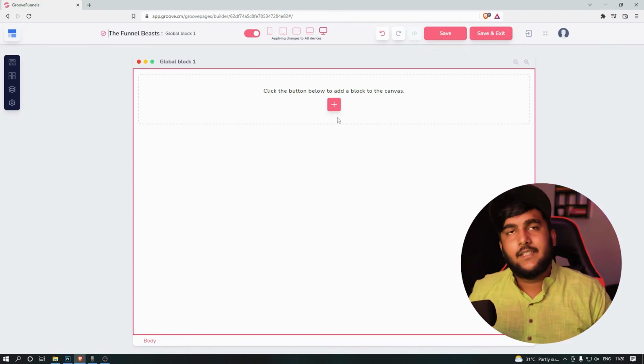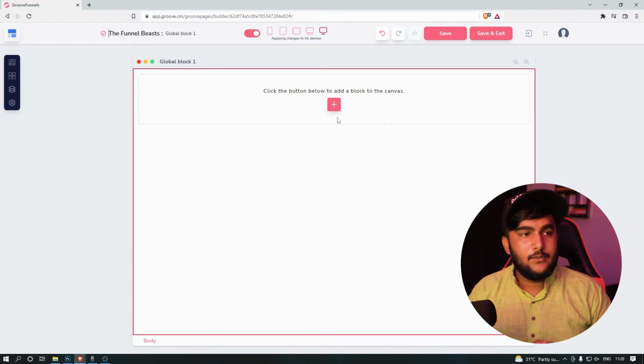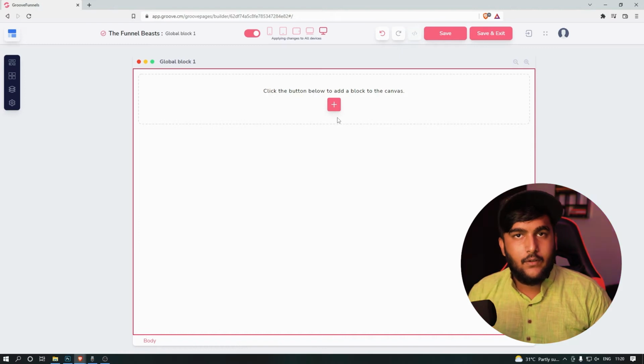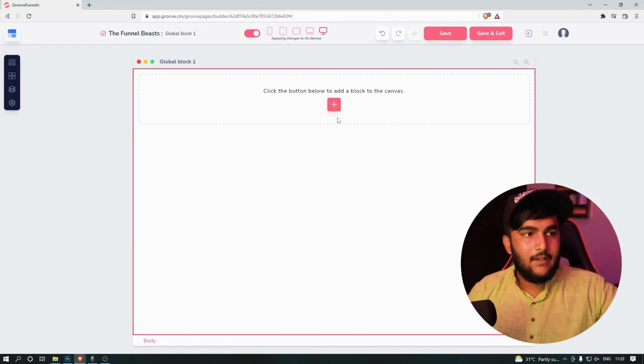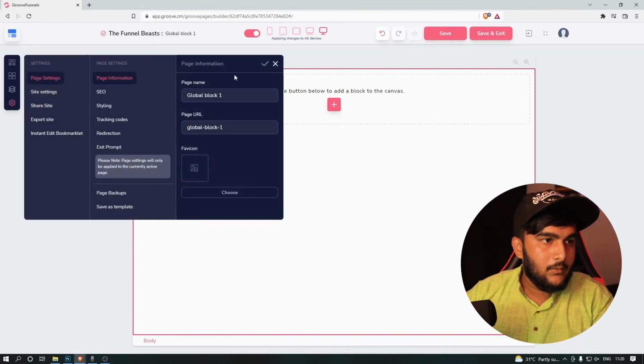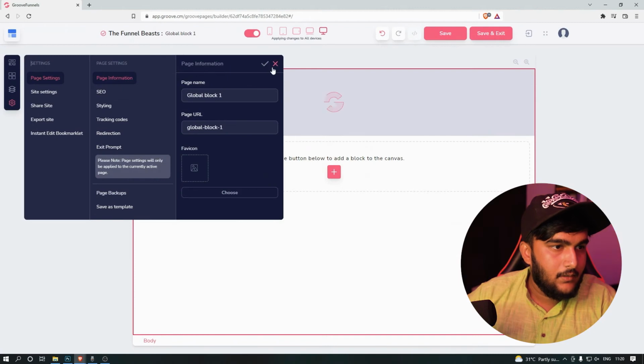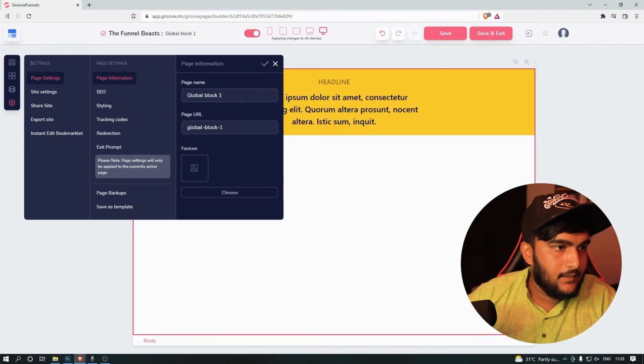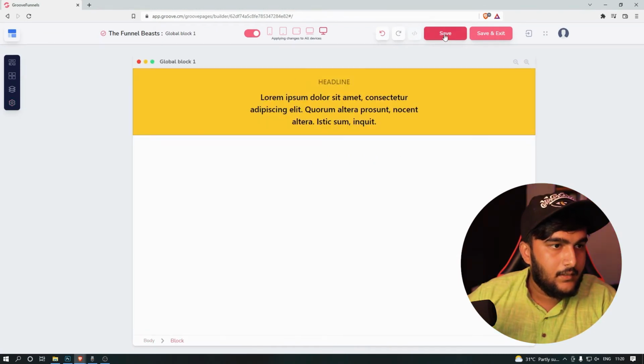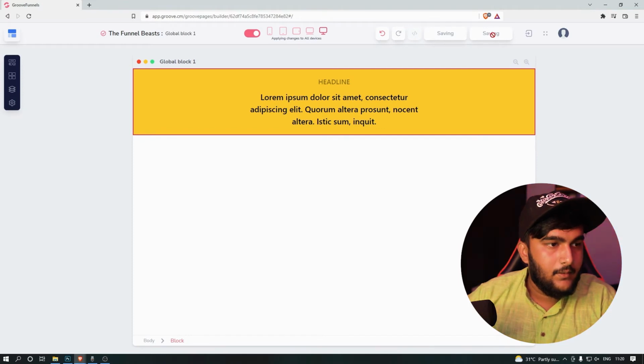So basically what you can do is you have one block, let's say the header and the footer, that remains the same for all the pages of your website, right? You can have a global block over here, you can save it, and then all you would need to do is, whenever you want to create a block, so let me just show you. So this one, okay, save, we save and exit,